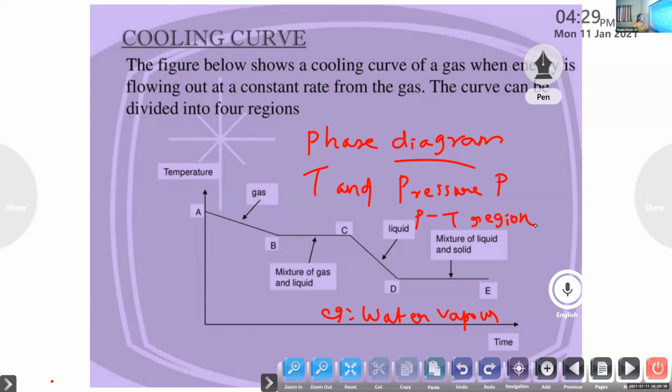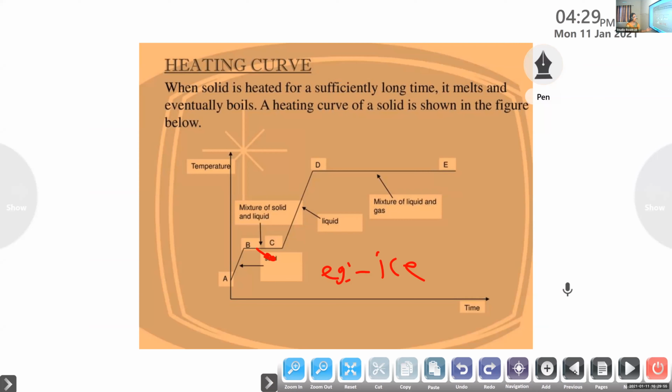And each region in the phase diagram gives a different phase. This is one phase, the condensation phase, where gas is turning into liquid. This is becoming the liquid phase. And if you go back to the previous one, this is the phase of solid, so you call this region the solid curve. This is the liquid curve. And by the name of the process, you can call it a melting curve, vaporization curve, sublimation curve, like that. So on the basis of PT, we can divide into different regions. That is what we have depicted.